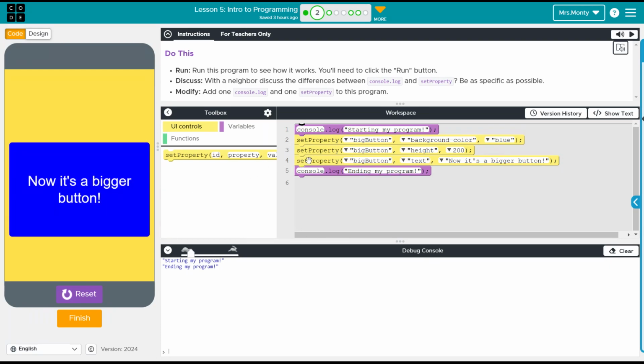So a set property is basically letting us change those properties of our on-screen elements without having to go into design mode and manually change them. The code is doing it for us, okay? So to modify this app, we're going to add one console log and we're going to add one set property